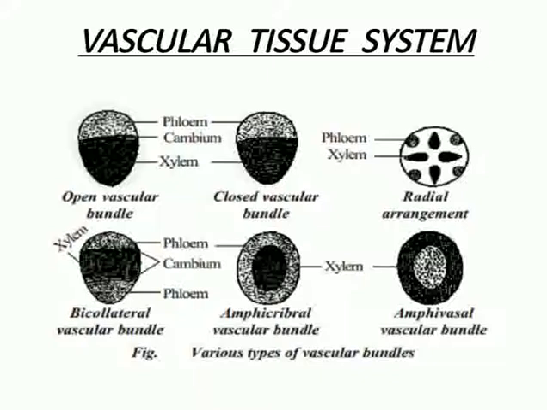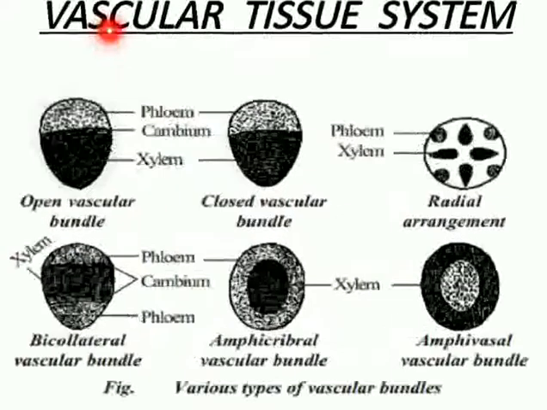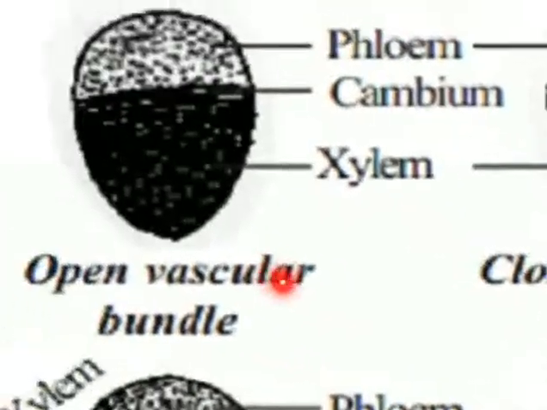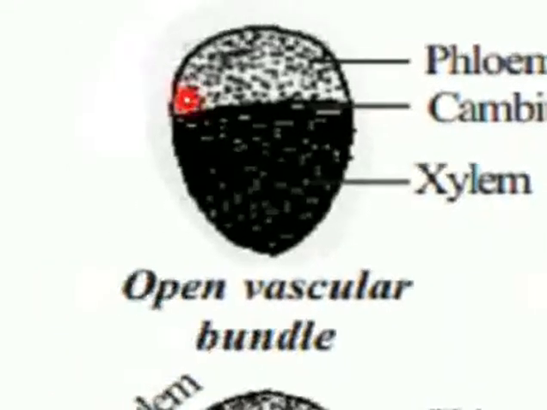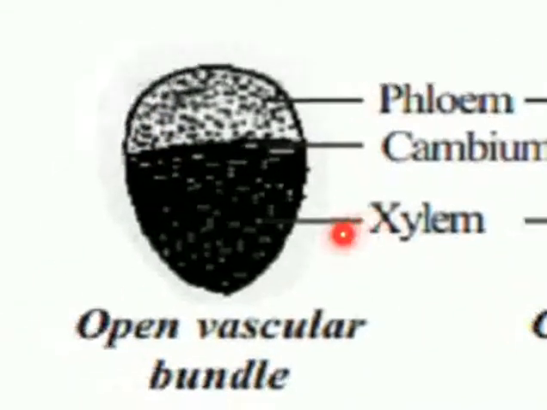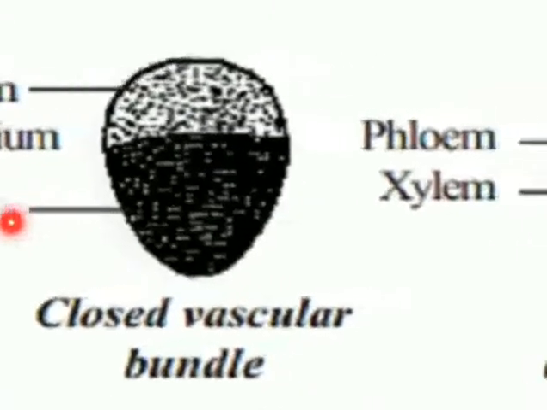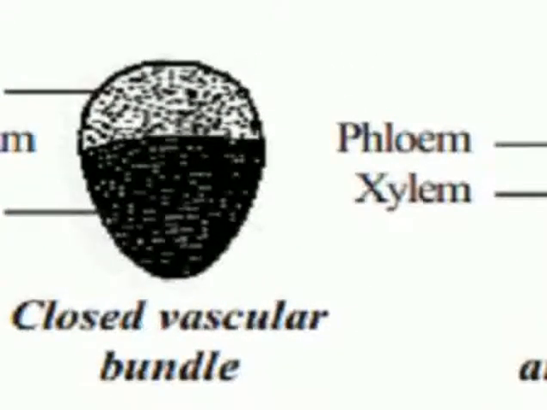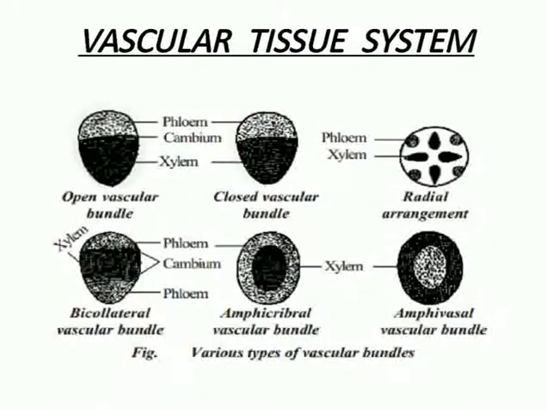In monocots, however, the vascular bundles have no cambium in them, hence they are called closed vascular bundles. You can see these figures. This one is the open vascular bundle because here we can see the layer, the cambium, in between the xylem and the phloem. But this one is the closed vascular bundle because xylem and phloem are definitely present but no cambium in between. This is the characteristic feature. The closed vascular bundle is the characteristic feature of the monocots, whereas the open vascular bundle is present in the dicots. Since they do not form secondary tissue, they are called closed.